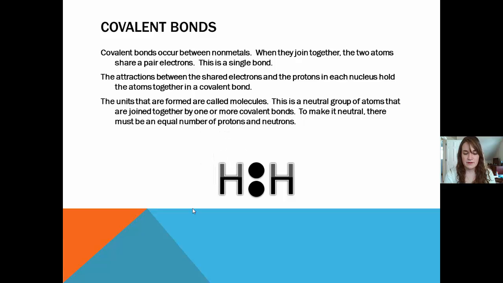So here comes our other hydrogen. And see these two right here are being shared. They both want those two, so they just share them, which is what co means in covalent, sharing. So think of like a co-worker. You share the work. Covalent, they share the valence electrons. They share them, they're both happy, they're both full. So that's a covalent bond. And that's, again, one single bond with the two electrons.